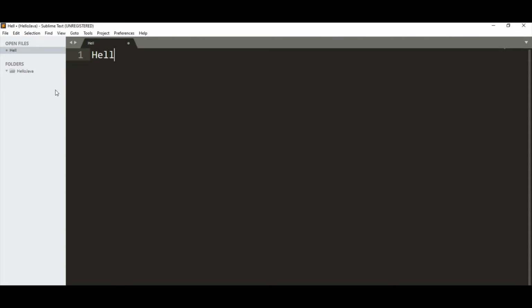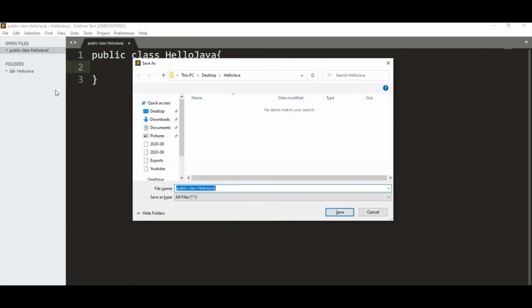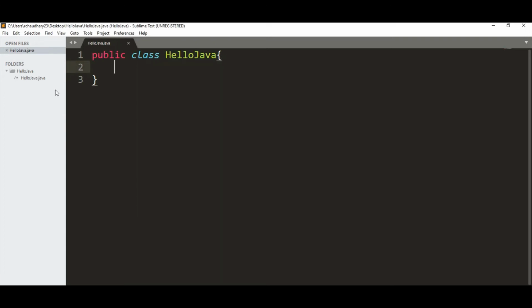So here I will create a new file, which is my Java class file, and I will name it HelloJava. So writing the code, public class HelloJava. I won't write much here, it will be just a simple sysout statement, as it is just for testing our installation. So saving our Java file, writing the main method,